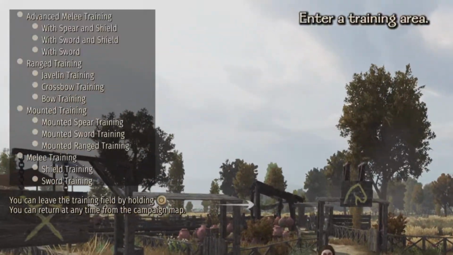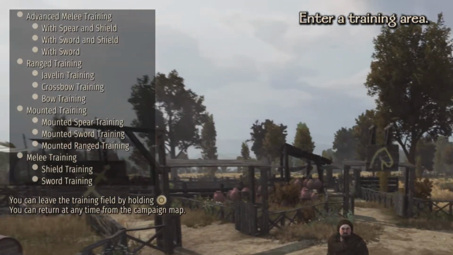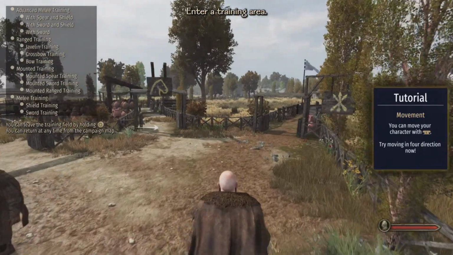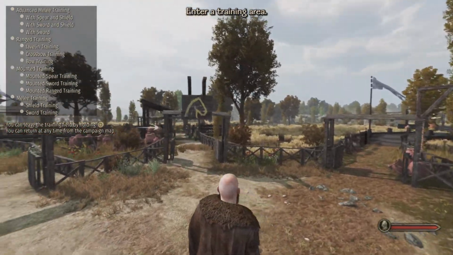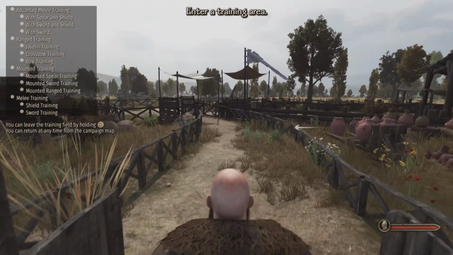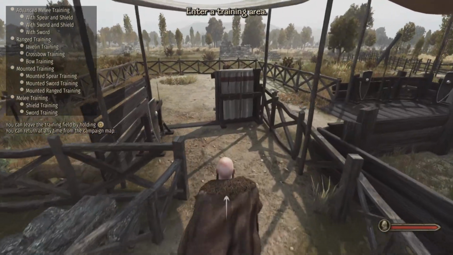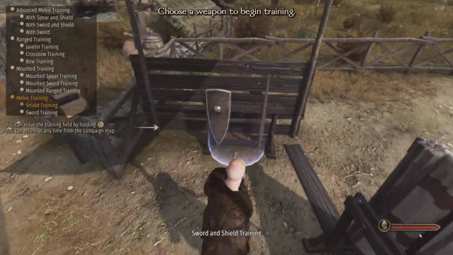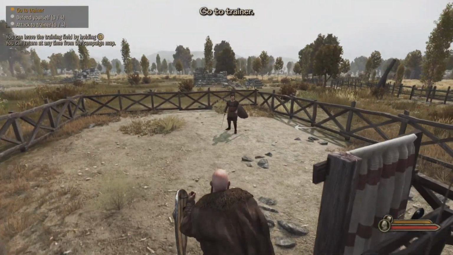Over there on the left, you can see all the available tutorials in this area. And you don't have to do all of them. You don't have to do any of them. You can just do the ones you want to do. So just pick a doorway and get to work. I'm not going to show very much of this, but you can run up to a weapon rack and choose how you want to train